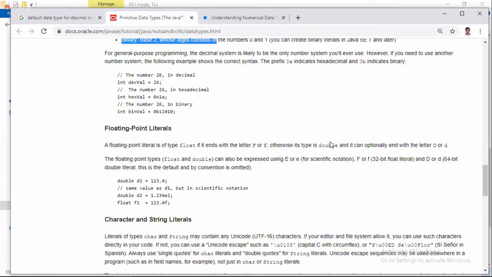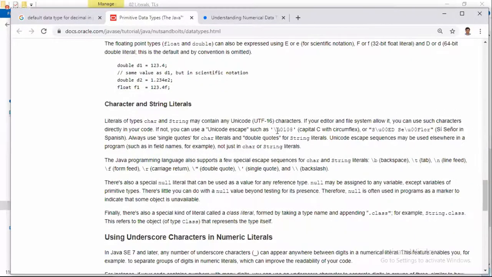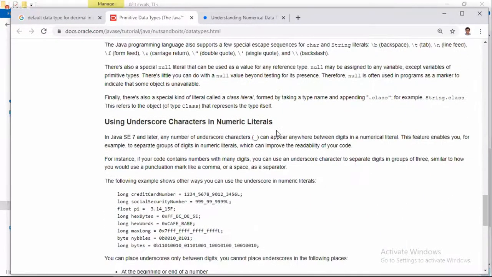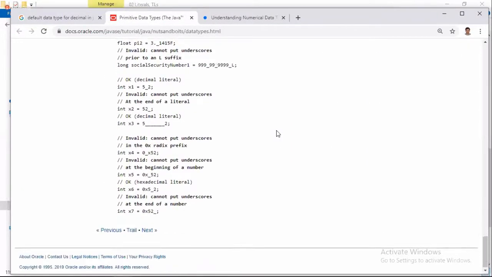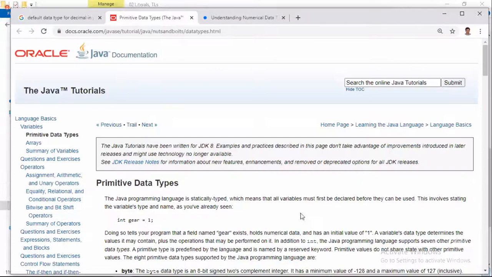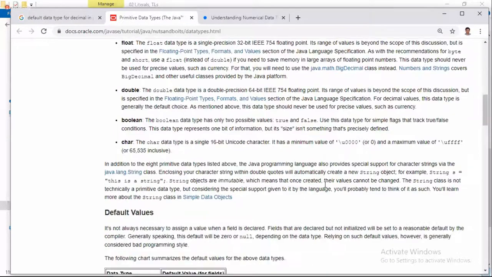Okay, floating point literals. So remaining, all our terminology is the same. Generally people call floating point values floating point literals, or decimal according to math, but according to Java we are using what? Floating point. So fine. Character and string literals. Okay, so whatever topic we are discussing, primitive data types and literals, whatever I am explaining in detail, all points are clearly there in this single page. So I hope you can read it in your free time once.